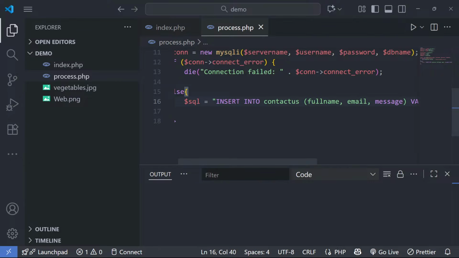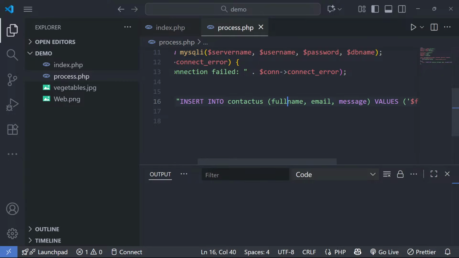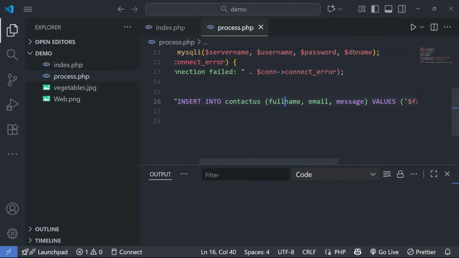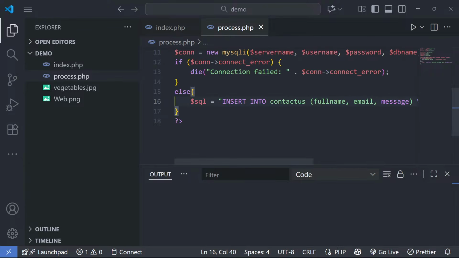So after putting these values and matching them with these columns that we have here, you find out that it's just the same as the query that you write if you want to insert, right? If I click this one, you say insert into contact us, you put the ID as the first value, the full name, the email, and then the message, and then you send the values, something like that. So the SQL statement that you are writing here is the same as the SQL statement that you are putting here, right? And then after that, what you are going to do